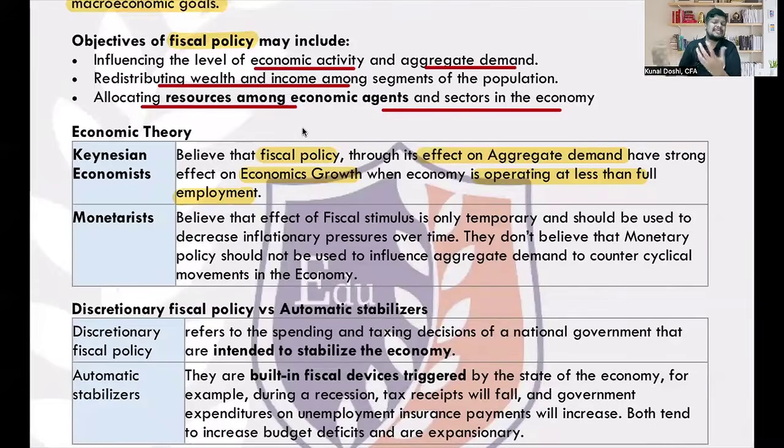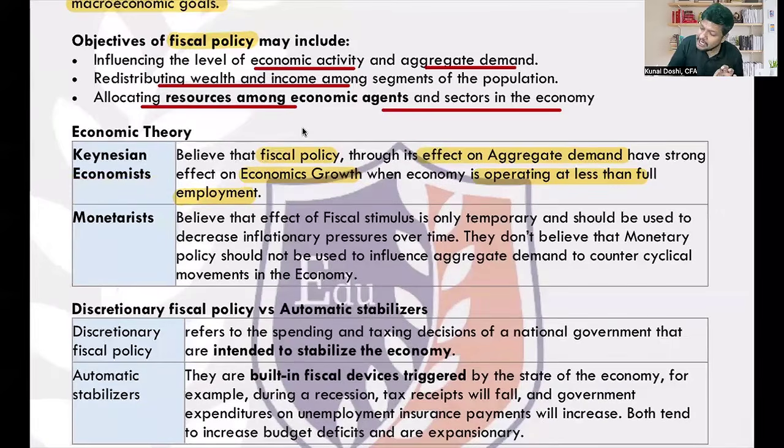We can influence economic growth by increasing the aggregate demand. How? Let's say by reducing the taxes. Understood? One of the ways. I'll explain various other ways. So that is what Keynesians said. In 1929, when the US economy was going through the Great Depression, John Maynard Keynes suggested that the government will have to intervene and boost the demand. Otherwise, the economy will never revive. Understood?